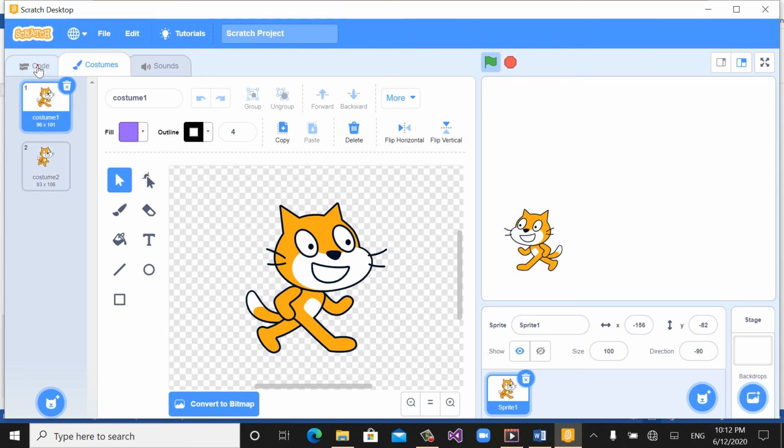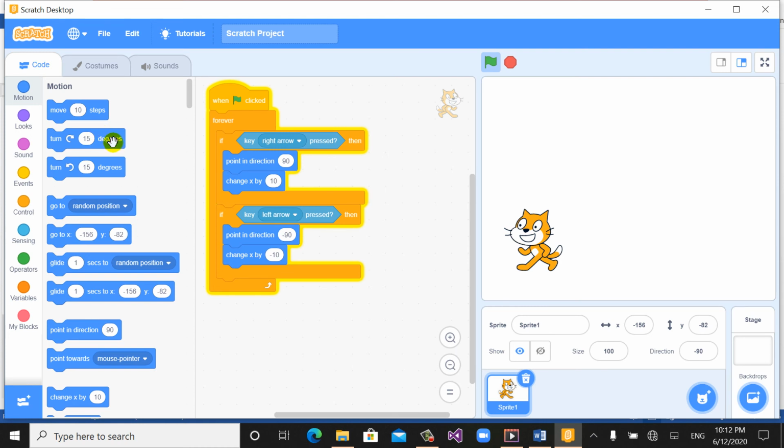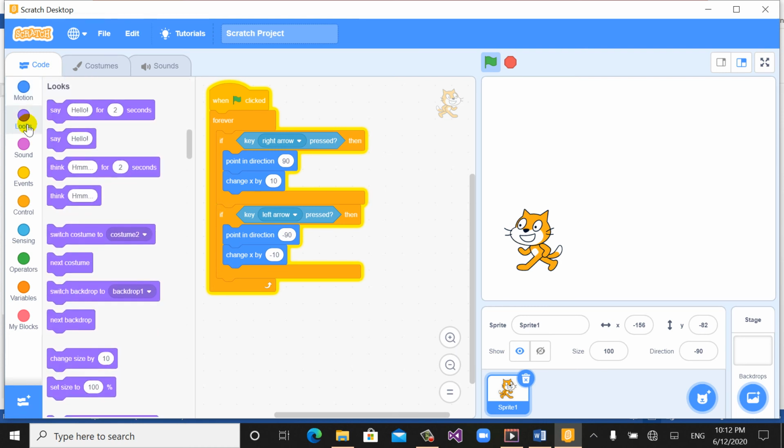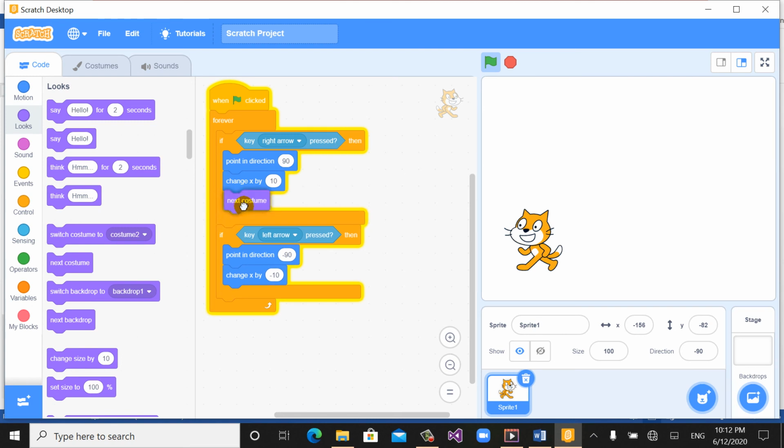I could use the code blocks in here. For example, next costume, I think it is in looks. Next costume, yeah, in here. Next costume for the right, okay, and for example, in here you can see it's walking on the right, but